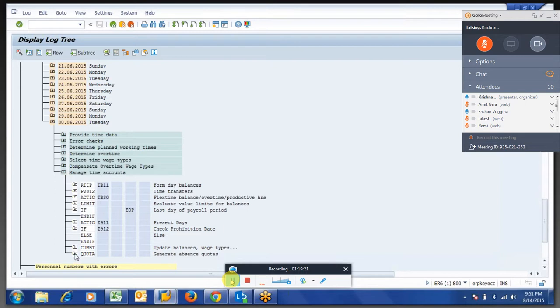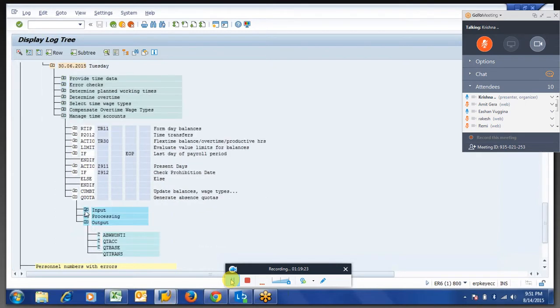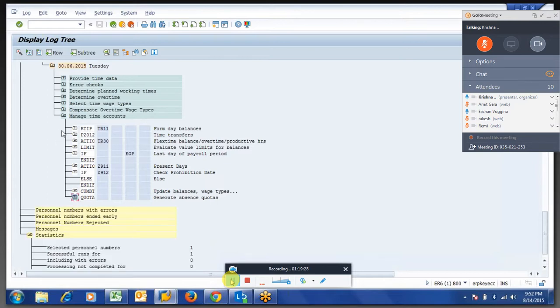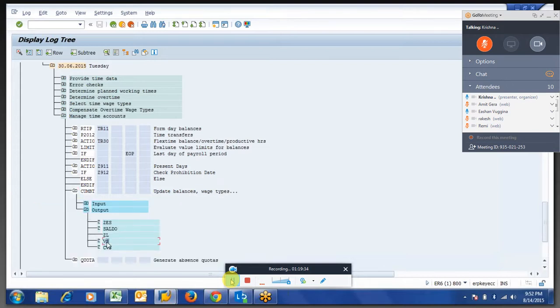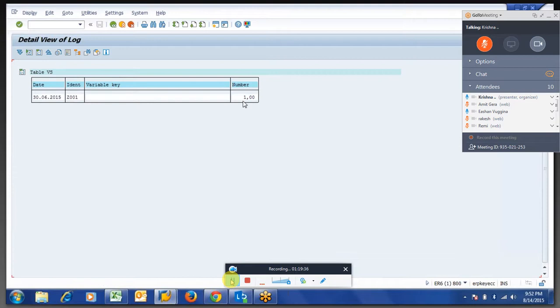It will store in what you will call the VS table. This is a variable table. So here it is storing that number, whatever is coming. Here it is 1 because we are doing present days divided by calendar days.